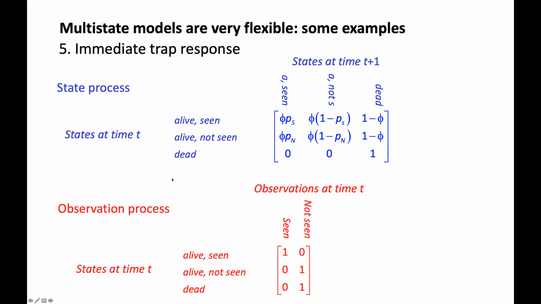And for the observation matrix, there is nothing happening here because the detection process is already in the state process. It's kind of disturbing, but you see. So if you're alive and seen, the probability that you are seen is 1 because it's already in the state. And if you're alive and not seen, well, the probability is 1 for sure of not being detected. And if you're dead, of course, like usual, it's 1. So I think Roger Pradel has another recent paper, with Arnason-Schwarz in +1, where they formulate that in a more elegant way. Anyway,